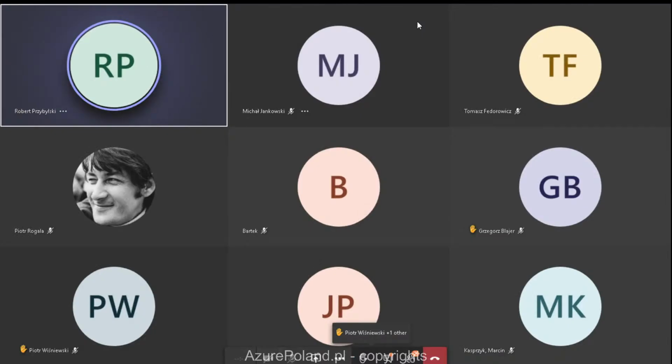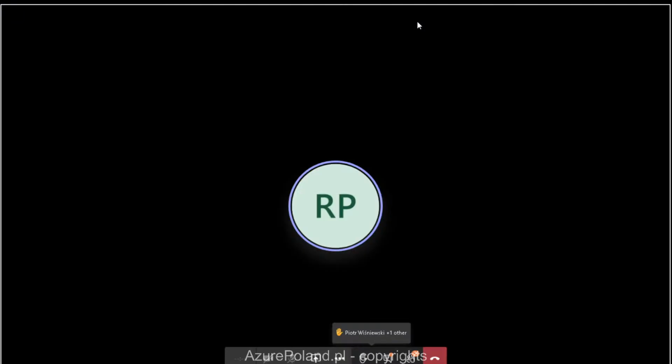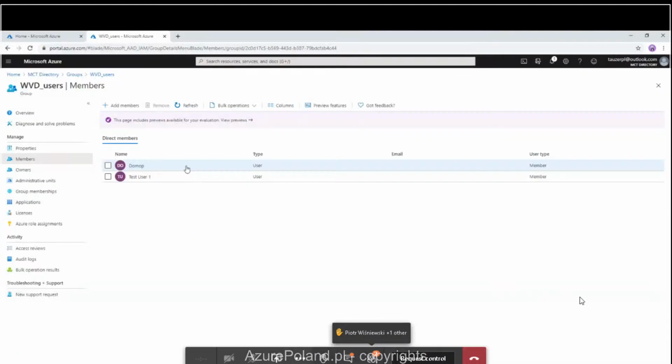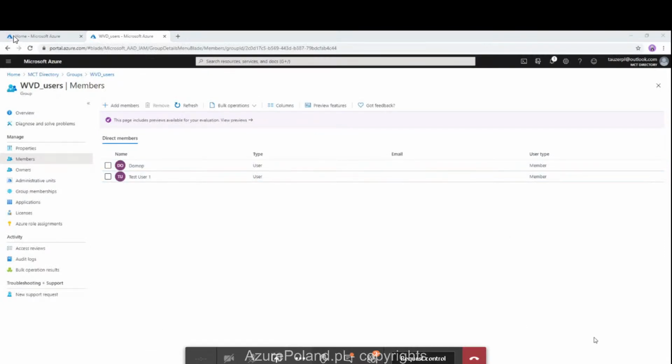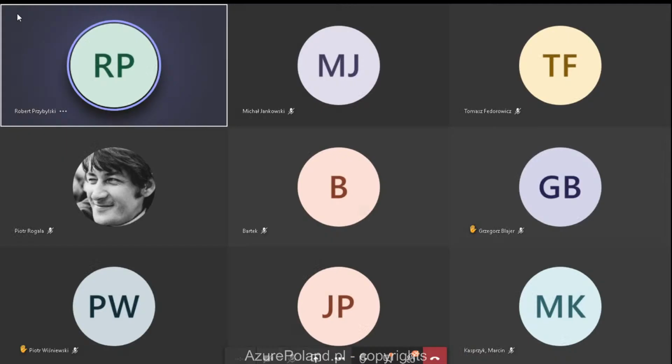So let me share my environment. We have the groups, we have the WVD users, and we have my DOMOP. DOMOP is my domain admin from my on-premises, and GA is the global admin from the Azure perspective. Going back to the presentation,